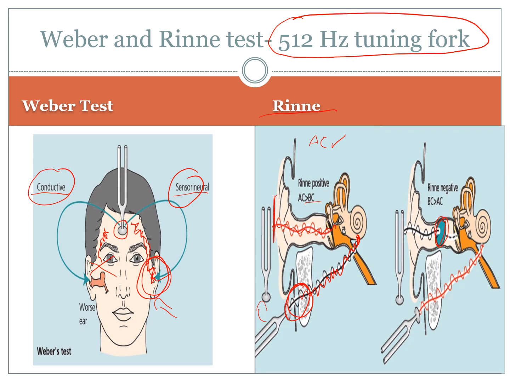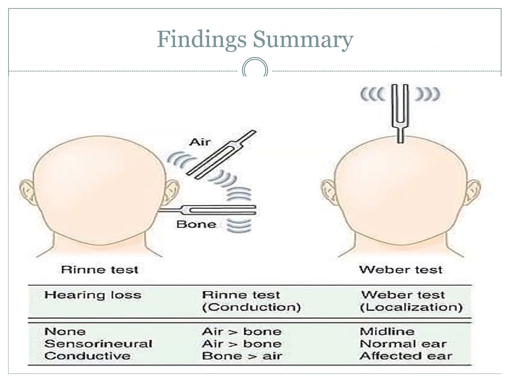But if there is an obstruction, then the air current can't get through, and the patient will actually indicate that the bone current was better than the air current. Okay, so placing on the back of the mastoid was actually better, clearer, louder, longer than putting it in front of the ear itself. And because that was a lot to go through, we'll just summarize the findings so then you can sort of have an idea of whether or not it's sensorineural or conductive, or if the patient is